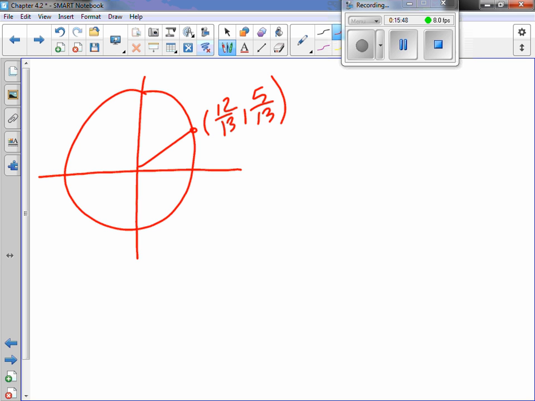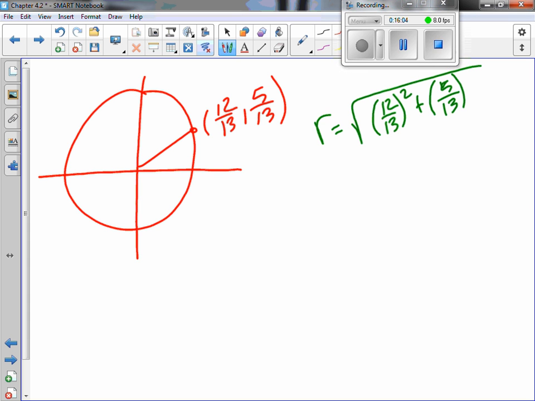So we need to find out what R is, the hypotenuse. Well, R is actually going to be the square root of x squared plus y squared. Because 13 squared is 169. They both have 13. 12 squared is going to be